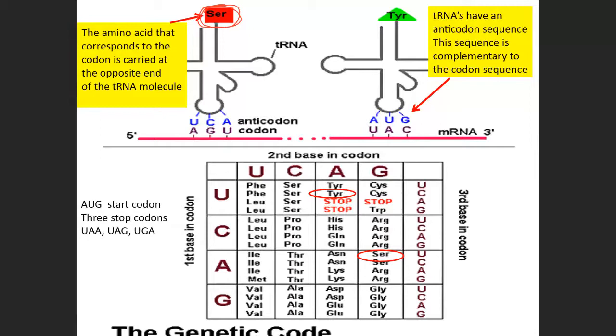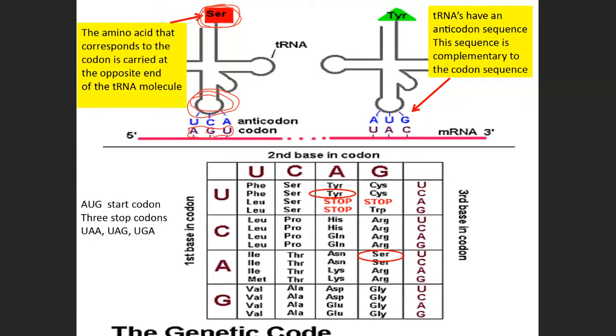At the opposite end, it has a 3-nucleotide sequence that matches with the 3-nucleotide sequence in the messenger RNA that in our genetic code codes for the